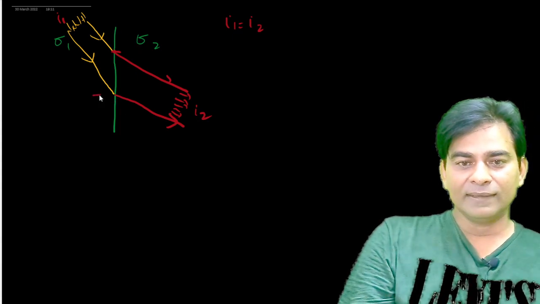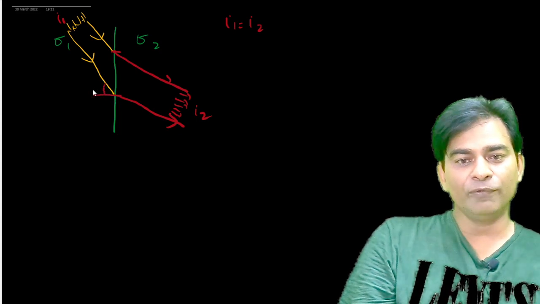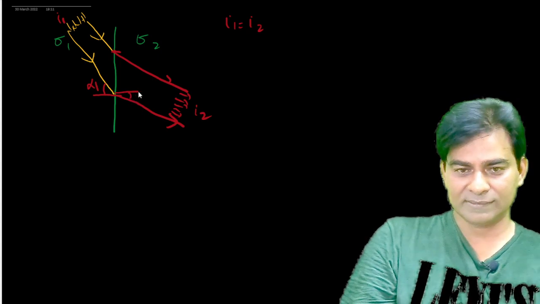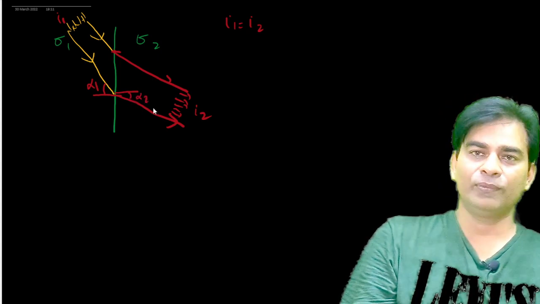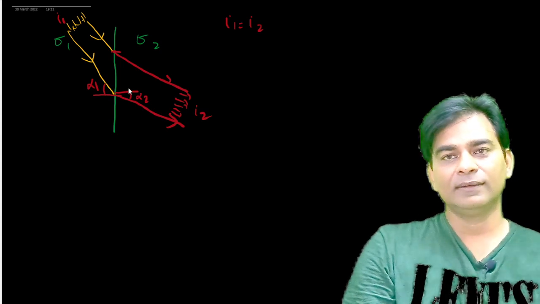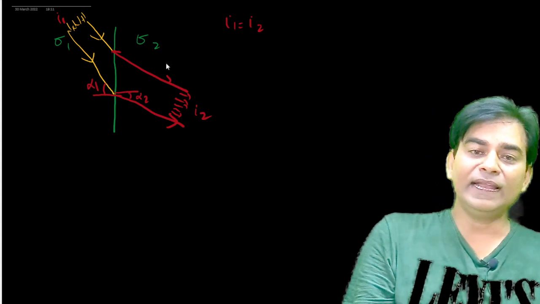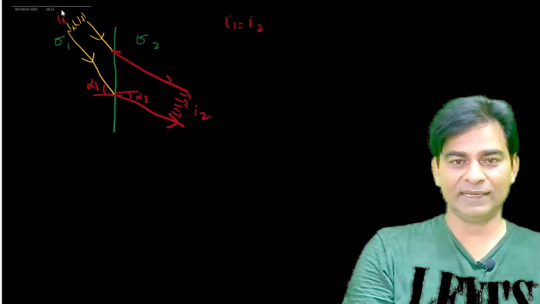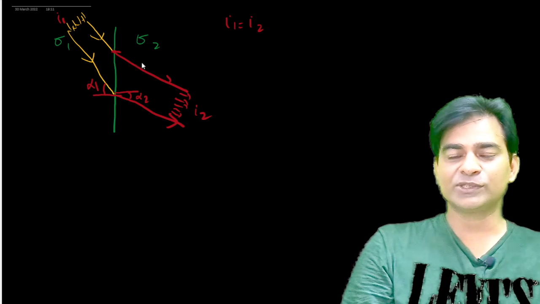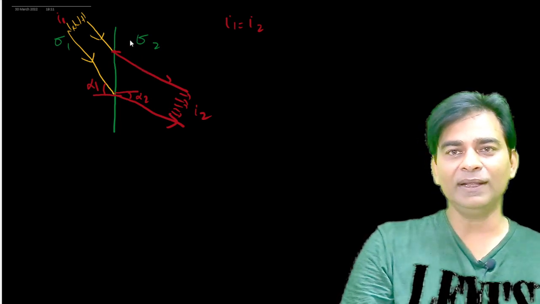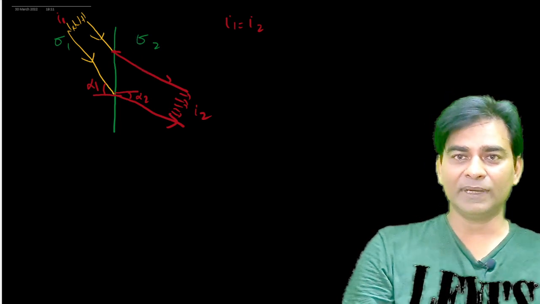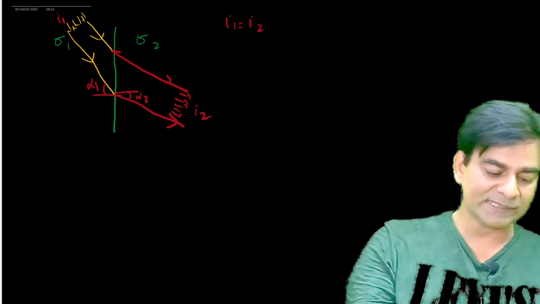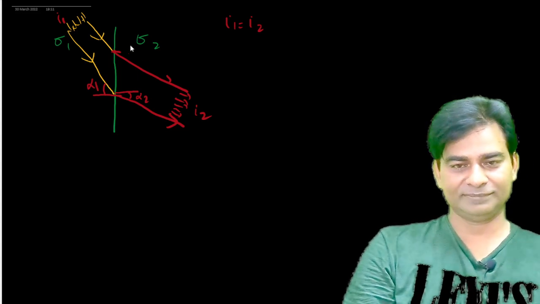According to the question, the normal makes an angle alpha 1 with the current flow on one side, and on the other side the normal makes an angle alpha 2 with the current flow. These two angles, alpha 1 and alpha 2, are different. It happens in light also: light coming like this bends towards the normal or away from the normal if the refractive indices of the two media are different. So this makes the problem very interesting.